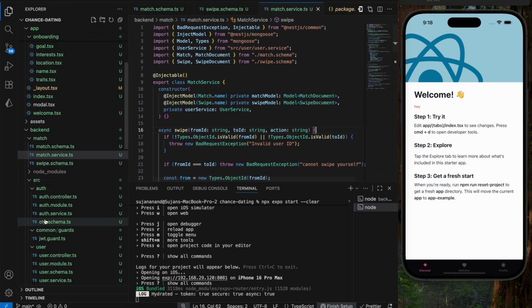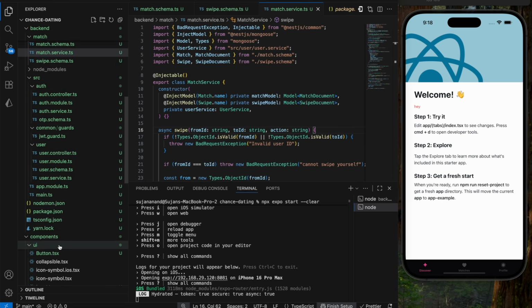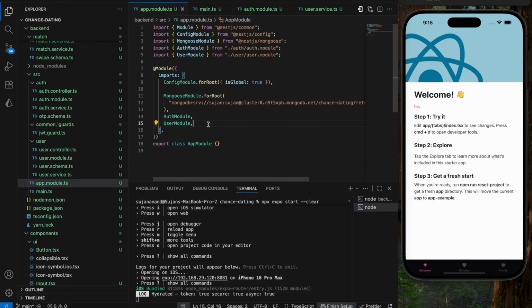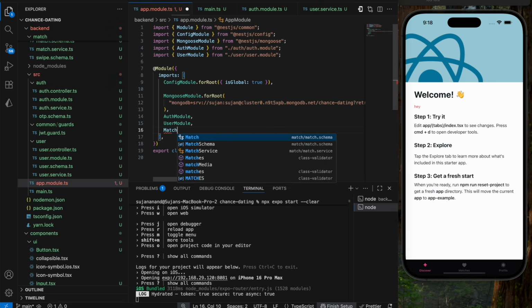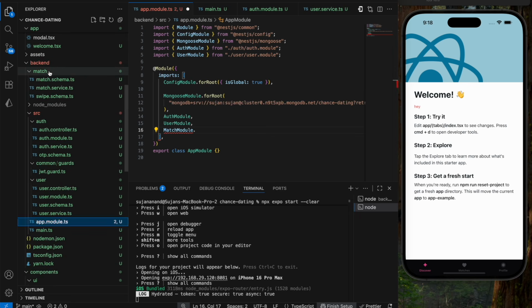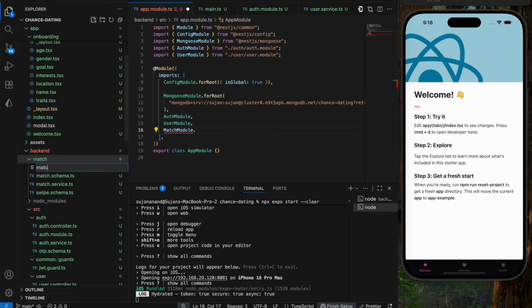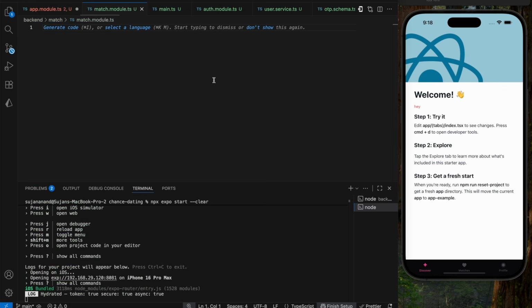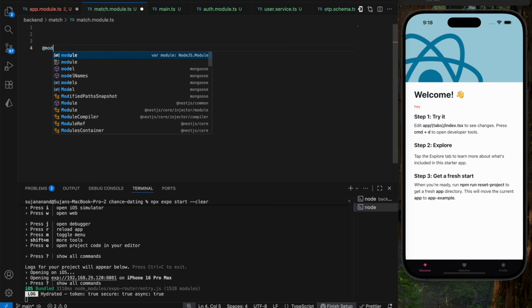We can come back to the app.module.ts, and then we can include the new one, that is going to be your match module. Okay, my bad, I think match module is not yet written, so we need to write the code for that. So it's going to be match.module.ts. Also the controller file is not written as well, so match.module.ts. Here I'm going to say add module,